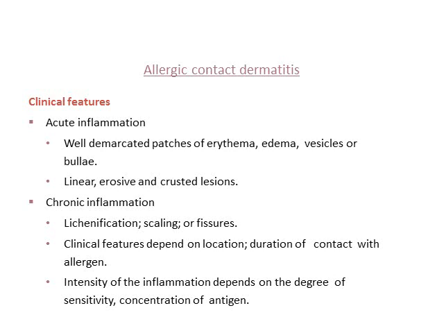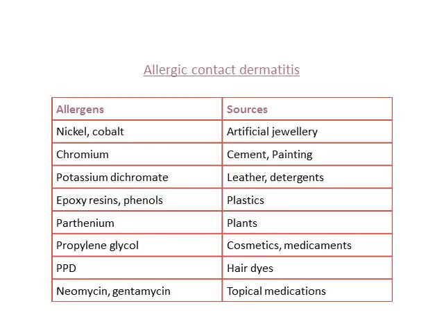Intensity of inflammation, basically we see depending upon the exposure and concentration. So what are the common allergens that we come across? The common allergens that we come across are nickel and cobalt, which is there in artificial jewelry, chromium, which is there in cement and painting, potassium dichromate, which is there in leather and detergents, epoxy resins and phenols, which is there in plastics, parthenium, which is there in a plant,